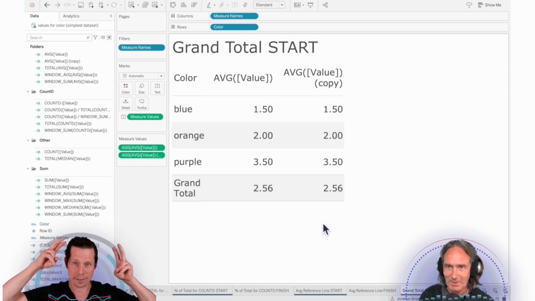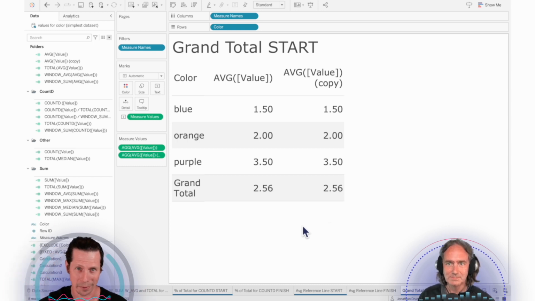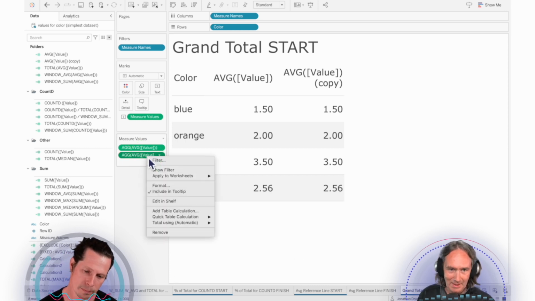And it's because the grand total that you're using from the analysis menu is doing the total thing, which is looking at all of the underlying records, not the average of the three aggregate values that came back. So Tableau back in version 8 added a feature